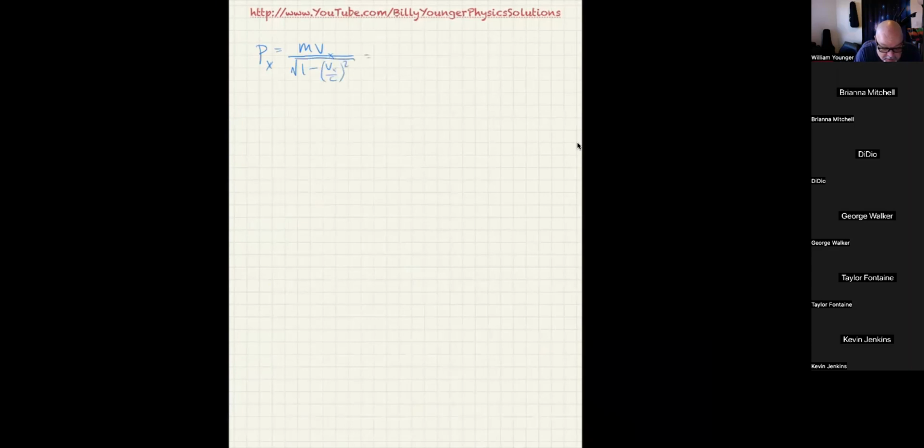Which I think you can see is gamma MV. Okay, so that's another result. Momentum doesn't behave like momentum unless you put a gamma in front of it. So some people interpret this gamma times M as a relativistic mass. We generally don't like that. But it does make some sense because it turns out that gamma in front of the M does play